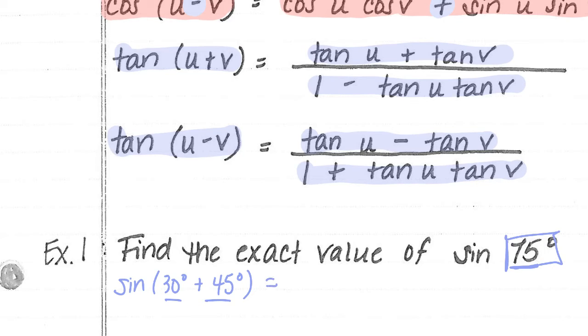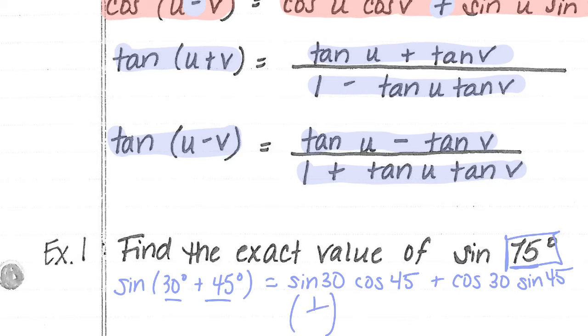So when I write this out, I take the sine of 30 times the cosine of 45. I add it to the cosine of 30 times the sine of 45, and we can find an answer. The sine of 30 is 1/2. The cosine of 45 is root 2 over 2. Plus, the cosine of 30 is root 3 over 2. The sine of 45 is root 2 over 2,